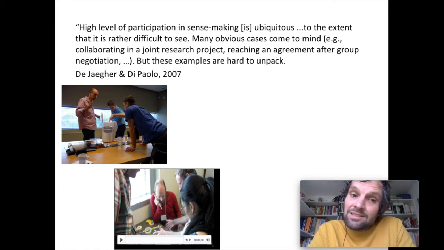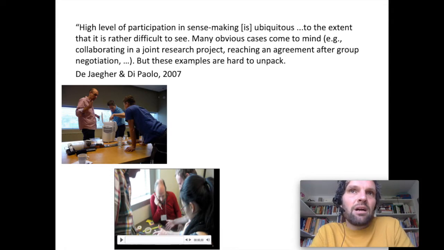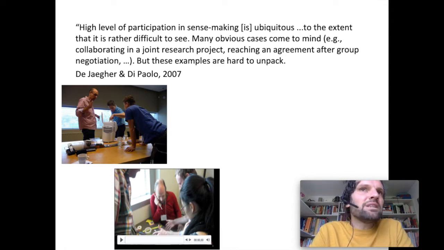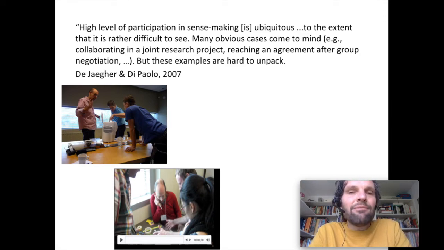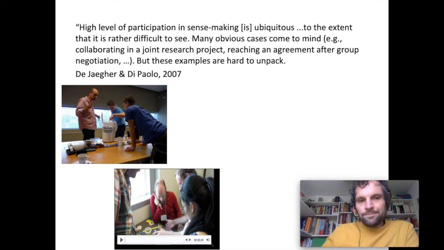But for designers and design researchers, we don't have to completely unpack such examples. We can just design for them. We can just start to design a tool that would help the communication in that setting and find out about important parts of the participatory sense making through designing potential tools for it.